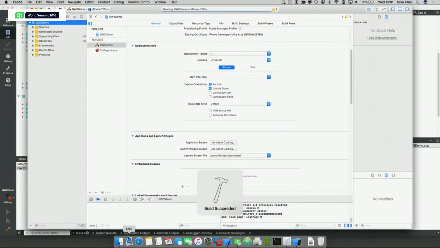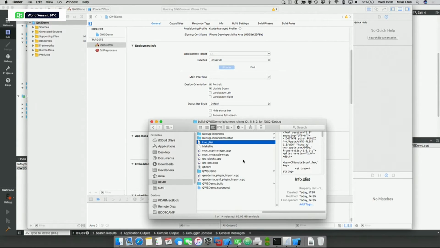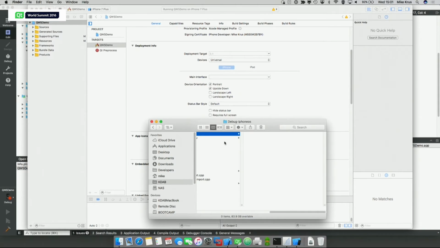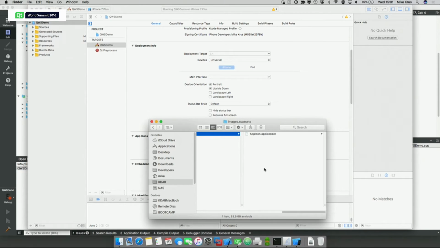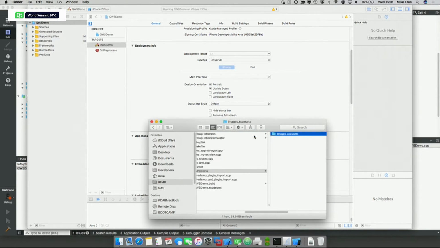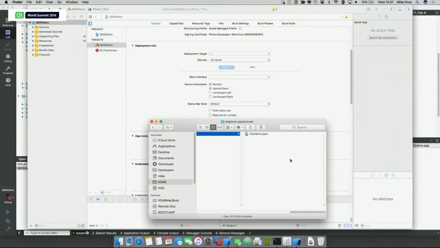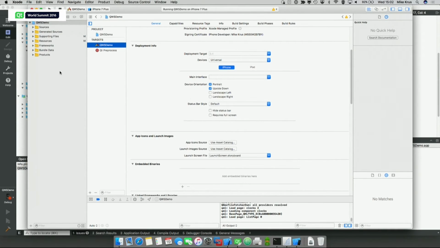If I build here, if I go to my build folder, where did it go? Oh, I think it goes in. Begins here. So this was just generated by Xcode, which means this file lives in your build system. So you don't want that. You want to move this back into your own project file once you've edited with Xcode. Sorry. So you'll see there's a bunch of files that it has generated here, and if I go and edit it,